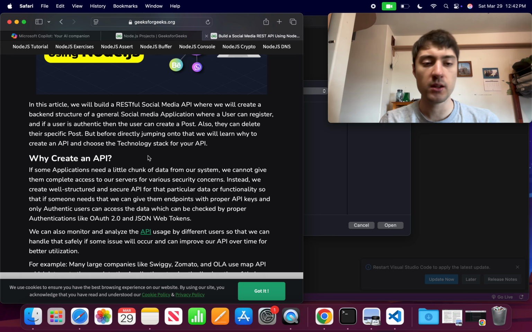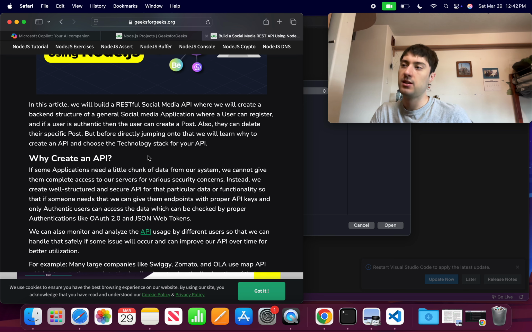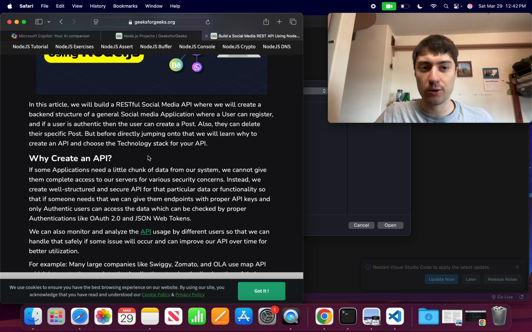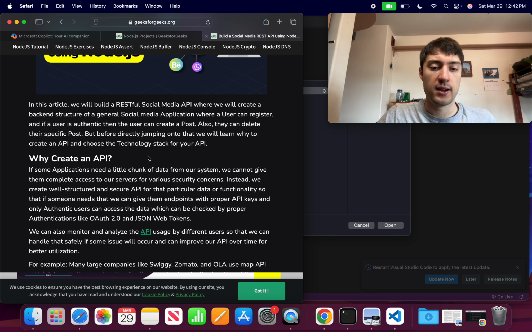Okay, so I guess the idea with the APIs is it's just some portal where we're able to control what data we give to the requester. And so we're not just giving them everything, and they can't just go around and play and see all of the source code and all of the data and information there, and do whatever they want. It is very much restricted, that we say, okay, you're only able to call these specific methods, and if you call this method,